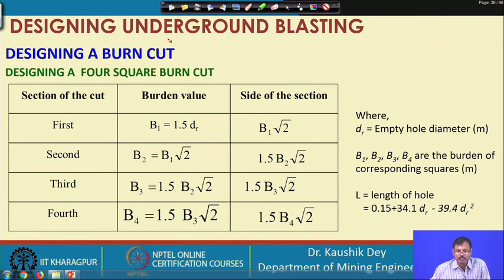In soft rock condition, in most cases we go for the wedge cut. But if we are practicing the burn cut, in those cases we must consider this constant a little bit higher than the 1.5 used for the soft rock condition. So, this is in general the guideline for designing a burn cut for the cut area only.